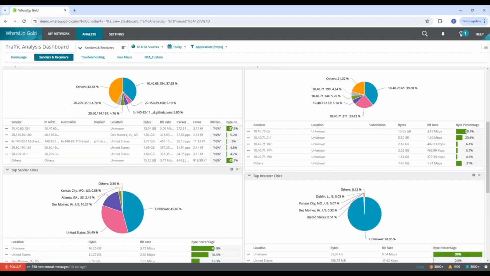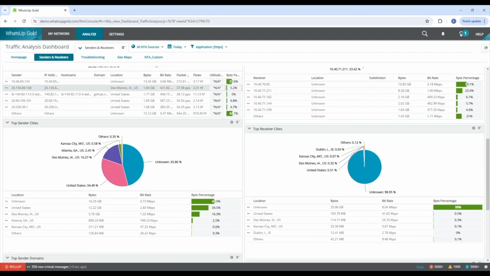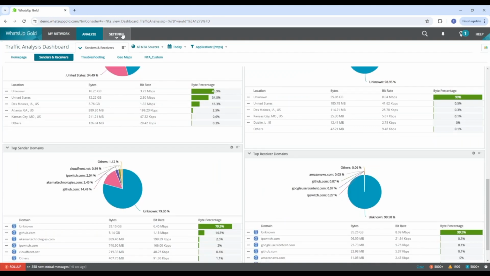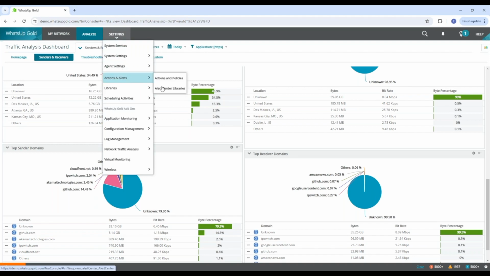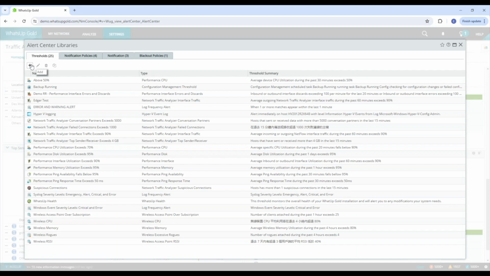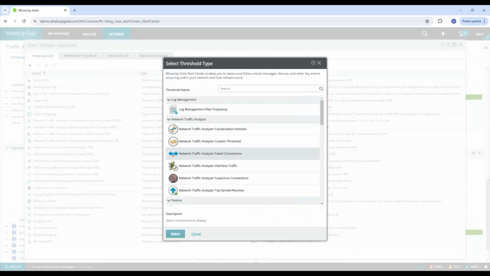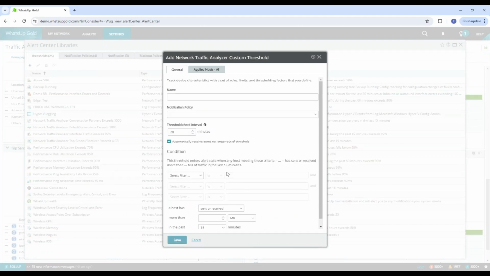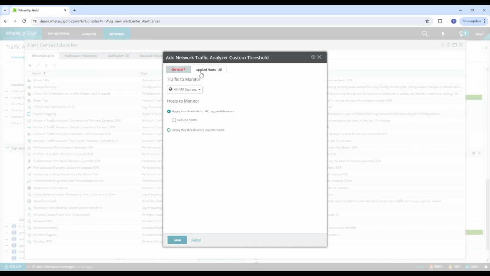So that's something that WhatsApp Gold will show me here on the report, but this is also available for you under the actions and alert center libraries. You have different thresholds. So it is totally possible that you use one of those available thresholds and also create a custom threshold. So if I want to filter for a precise criteria on my network and apply this on a precise interface, or a group of hosts,